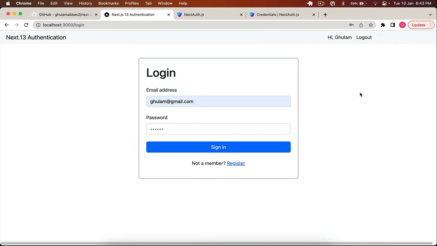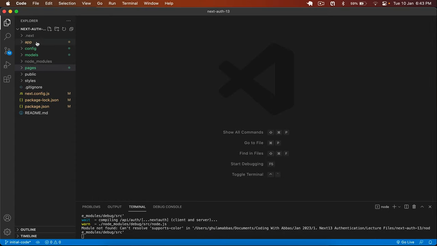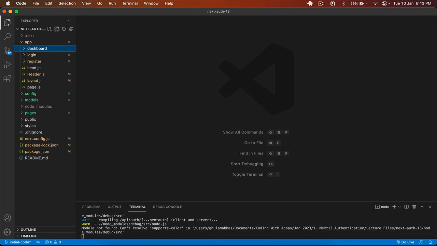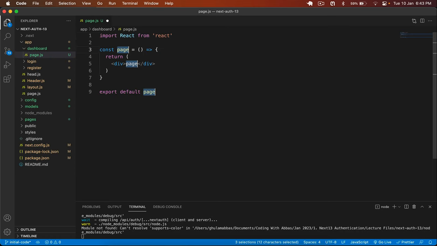Now at the last, let's discuss the protected route. If I want to make any route protected in Next.js, how can I do that? For that I simply go back. Let me show you first. I create a new folder here with the name dashboard, create a page.js in that, create a basic functional component, the dashboard, and I make it an h1, and